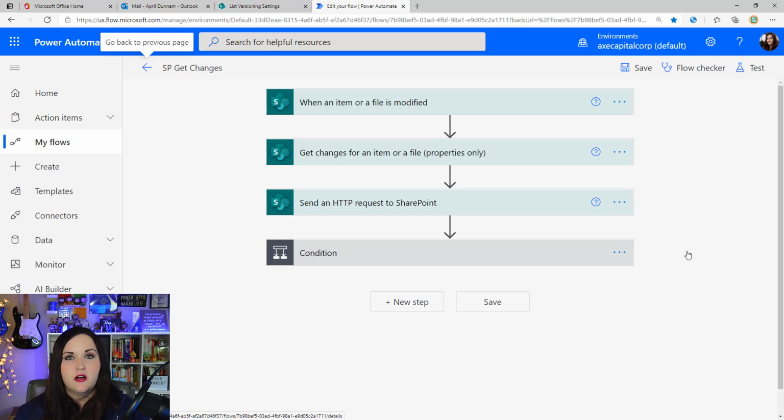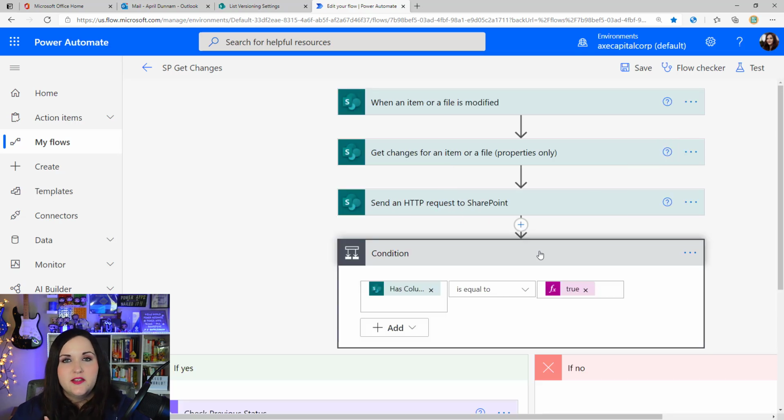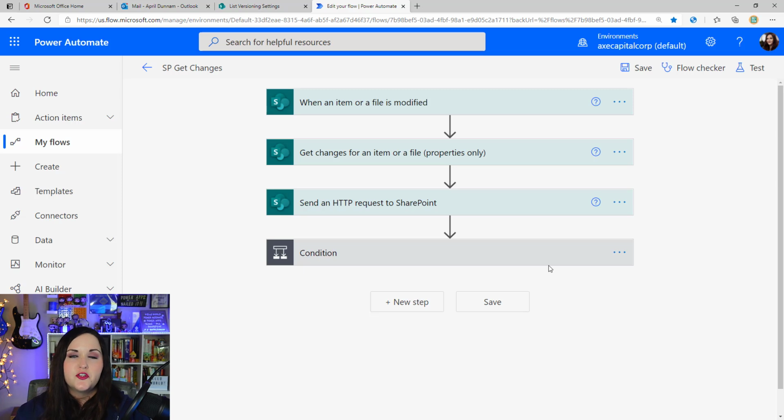Now the last thing that we need to do is do some logic based off of what fields we're wanting to check on. So in my case, I only care about status, but if there's multiple fields you're wanting to check on, you can just duplicate this process I'm about to show on the individual field types. So we'll need to first do a check to see if our status column has changed. We'll use a condition for that.